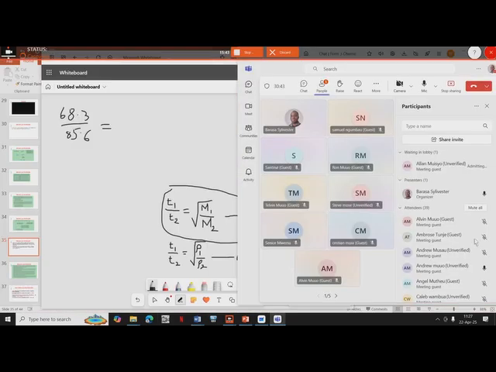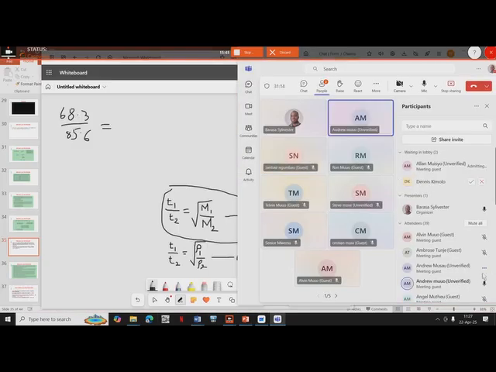85.6, or is it the other way, is equal to,